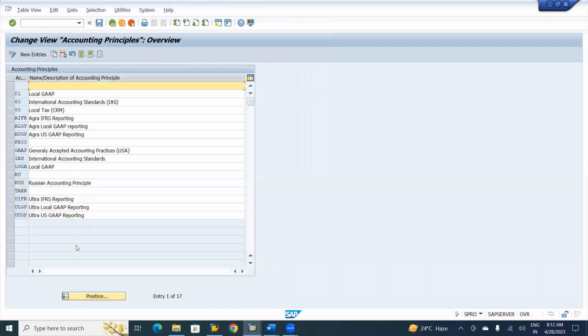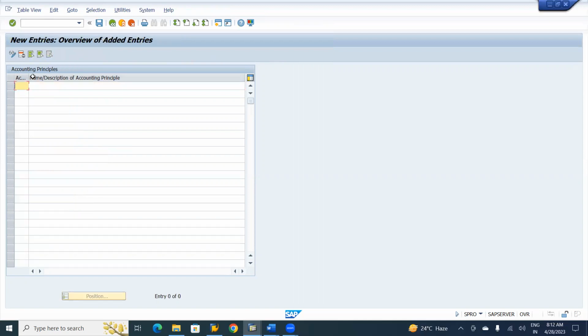Okay, so already we have. So click on new entries, press new entries. So here I would like to define the reporting structure. I'm creating it as BLGP. BLGP, that is nothing but Birla local GAAP